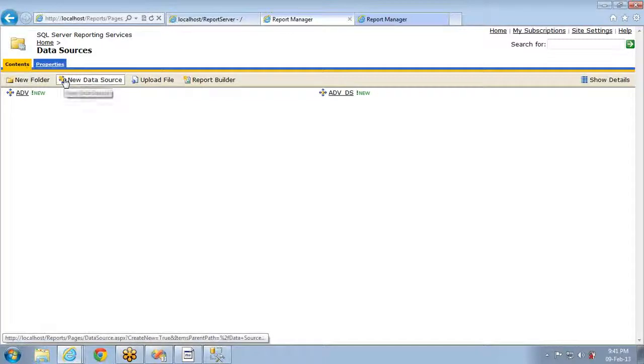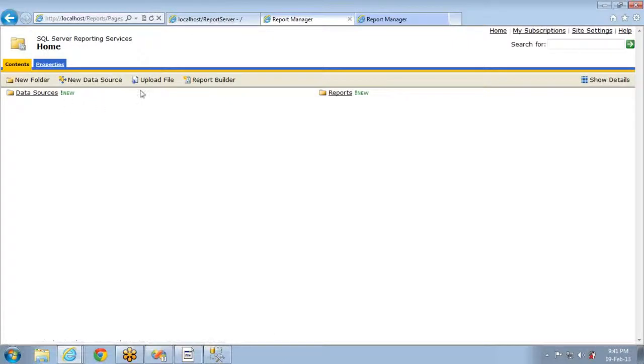For example, if you deploy all the reports into one folder, then you can categorize it. You can create a new folder with a new name, and you can move the stuff. And upload file. This is very funny part. I mean, whenever you deployed everything, let's say you have 800 reports in your bids, and you deployed all the reports, and there is a small change in one of the reports, and you fix that. You have to upload only that stuff.